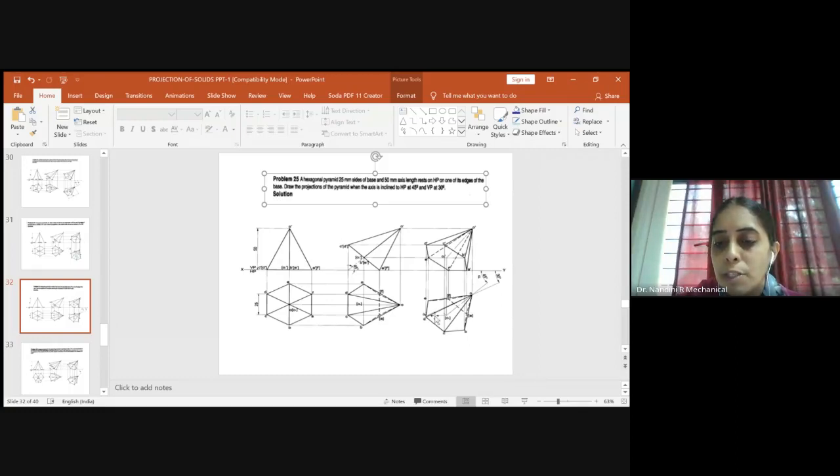Once you draw the locus through O1, come back to the second stage and measure the apparent length. The apparent length here is from O to O1 in the second stage. Keep one end of the compass here and measure the distance O to O1. Come back over here with the same fixed point O and cut an arc with the same distance you have measured, on the locus of O1. Where it meets is our O1 of apparent length. Please name this as O1 and O. So this is our apparent length.